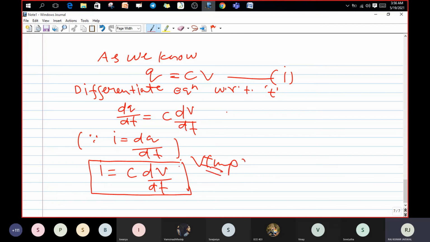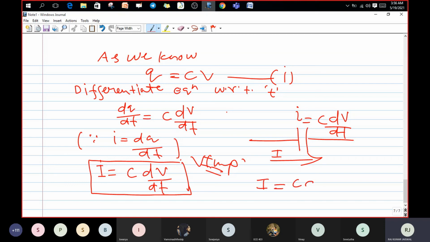This is not only for the first unit. When you solve across the capacitor, what is the current value? The current value is nothing but C dV by dt. Across the capacitor, if you are going to calculate the current value, that current value is nothing but I equals to C dV by dt. See, I got the formula for the current across the capacitor. If you are going to find the current across the capacitor, then you have to write like that. I equals to C dV by dt.